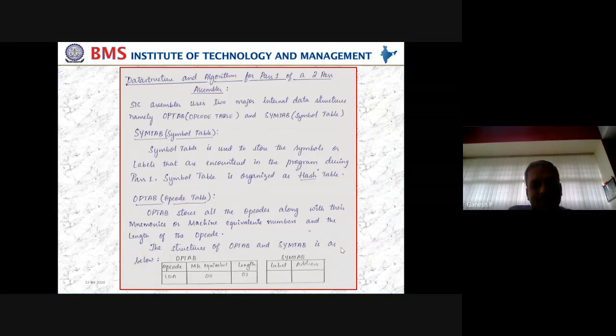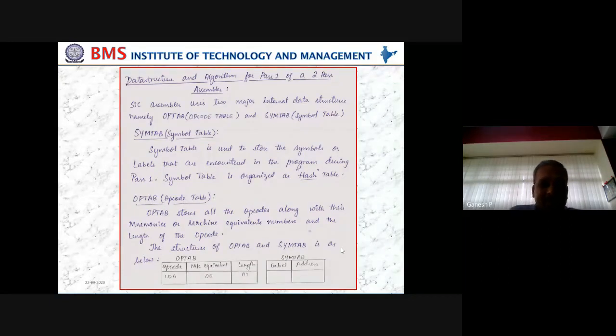Okay, so the opcode table, the main purpose of this is to store all the opcodes that are there in the architecture along with their machine equivalent and the length of the instruction, because these three are very important for us. Any other thing is only additional information, but these three are very important. That is the opcode, its equivalent machine value, that is the mnemonic. Then what is the length, 1 byte or 2 byte or 3 byte or 4 byte? Since we are talking about SIC, the length is always 3. There is no extra length, so that is why we have taken 3 in this example.